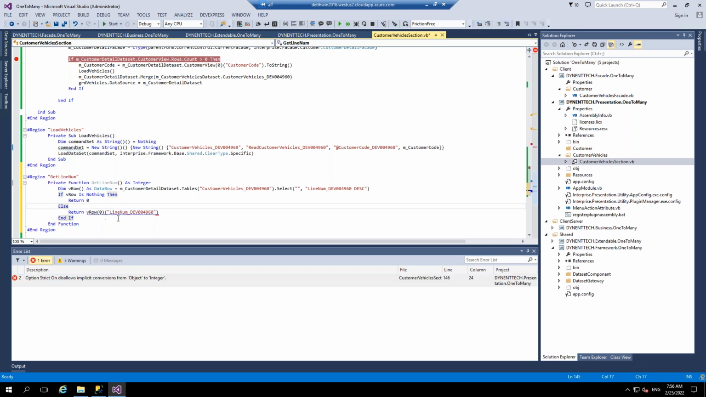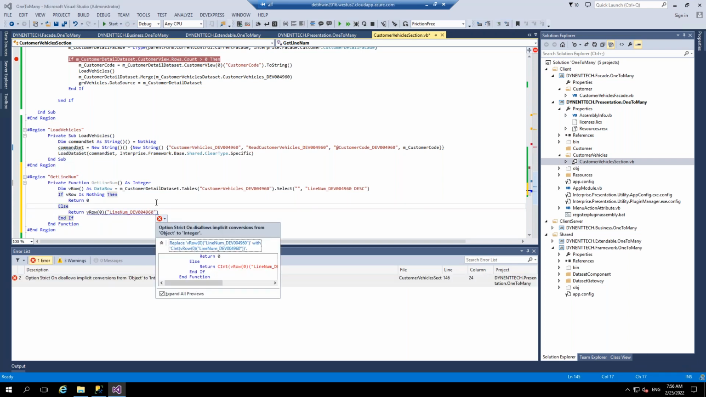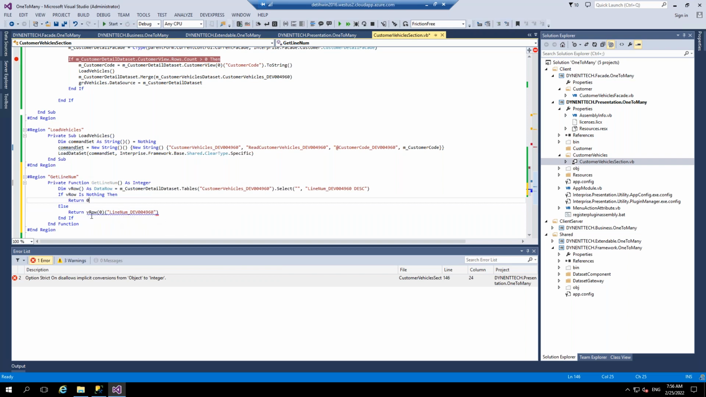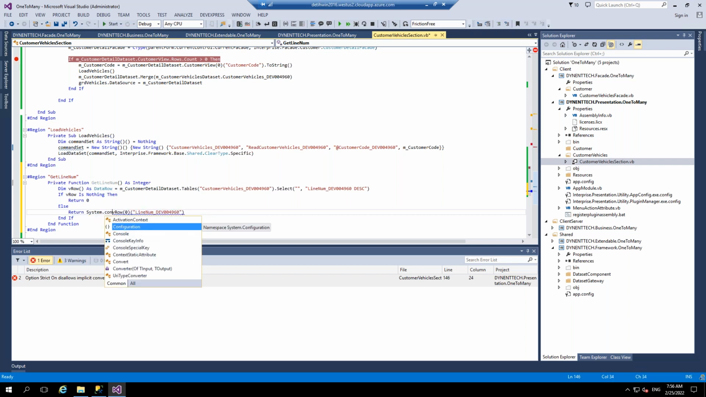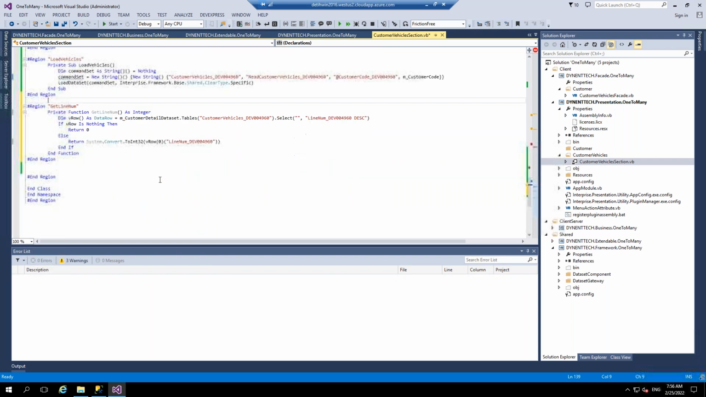So did you say the purpose of this is to get the highest existing line number? Yeah, okay. So that will be one of our primary keys. So that one should be converted to integer. Okay, we have that one. So next is